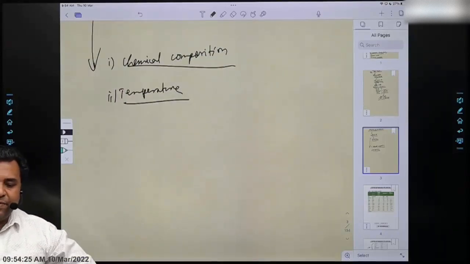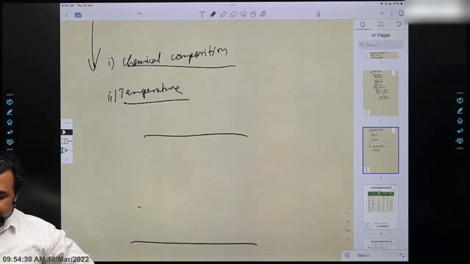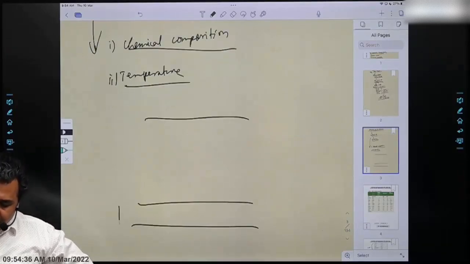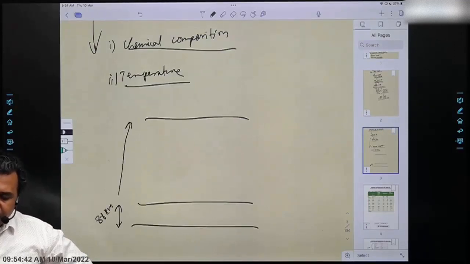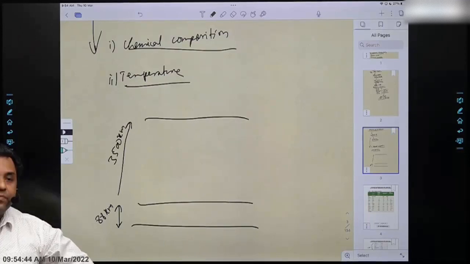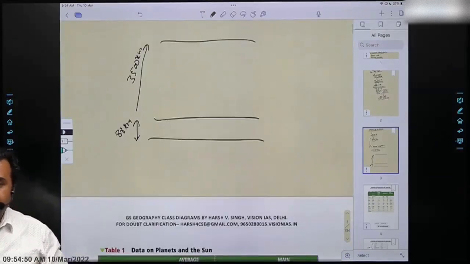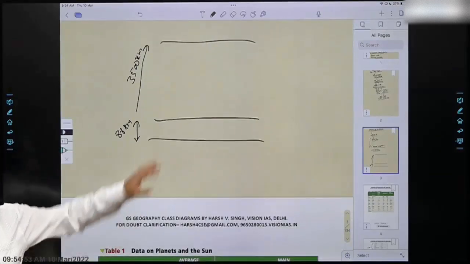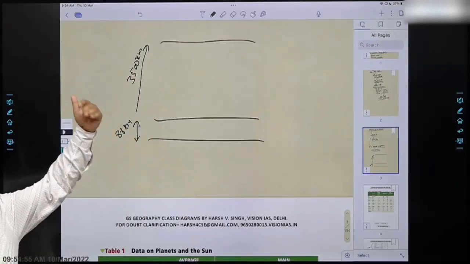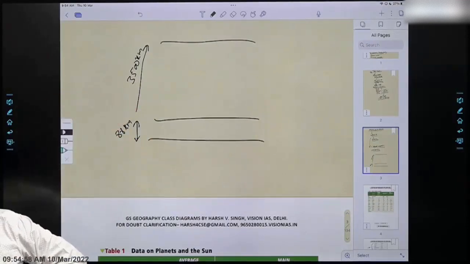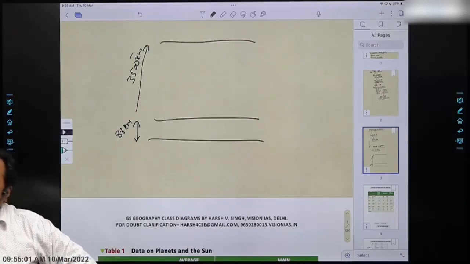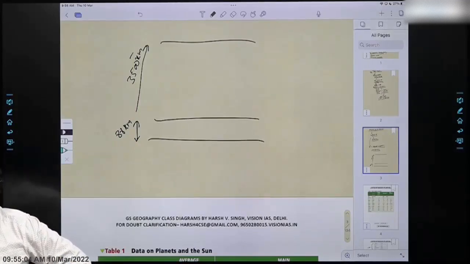So when you talk of the chemical composition of the atmosphere, on that basis, when you see this 3,500 kilometer layer, there are again two parts to it. One is the lower 88 kilometer and the remaining 3,500 kilometers. So in terms of chemical composition, there are two parts vertically of the atmosphere. The lower part 88 kilometer, the upper part remaining 3,500. Okay. So what is the chemical composition of these two?